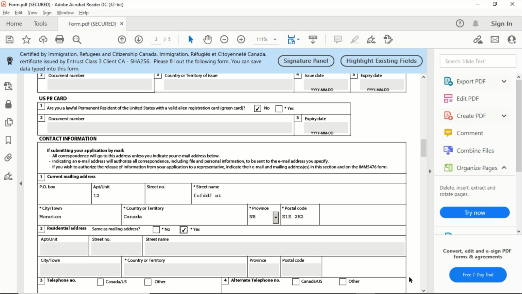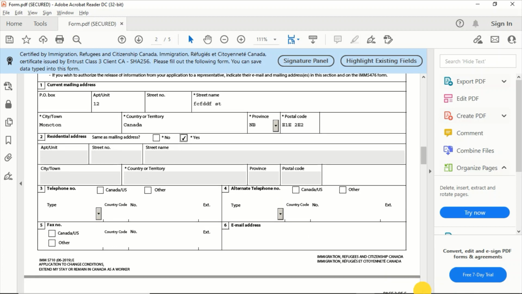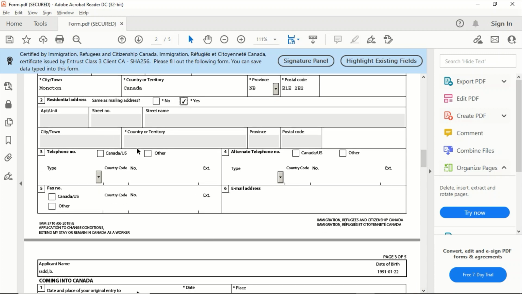Say yes. So you don't have to insert that again. Most of the time the people have the same address. Then select the telephone number and then insert your mobile number. If you have an alternate number, then insert that, and then your mail ID.